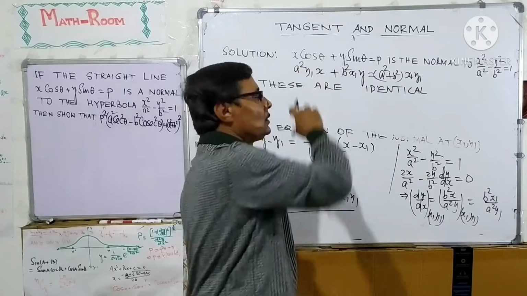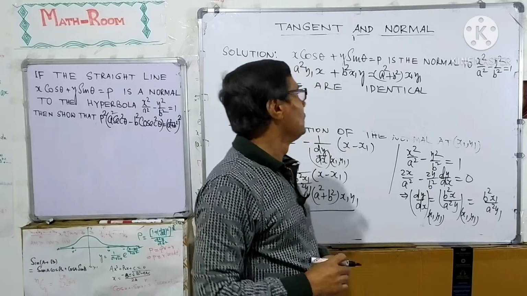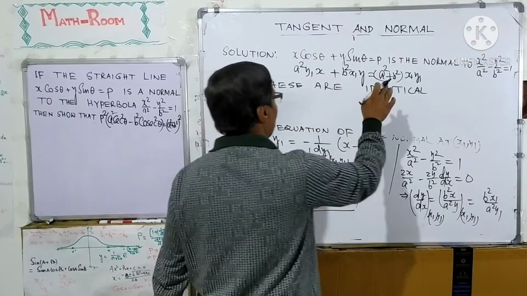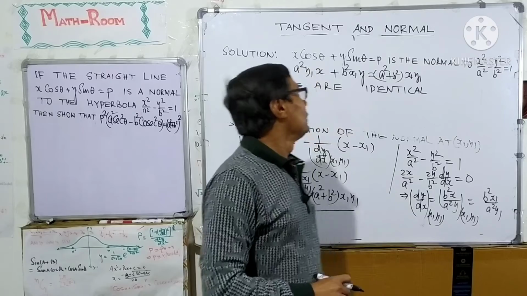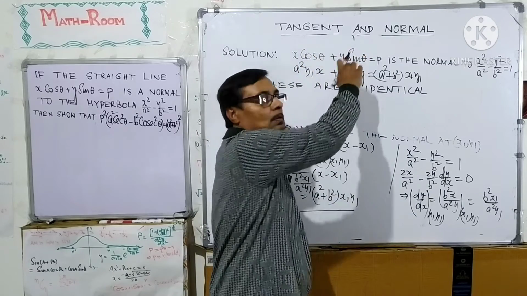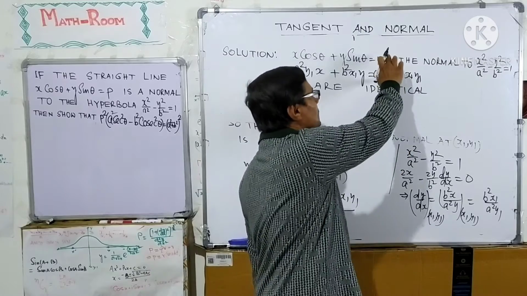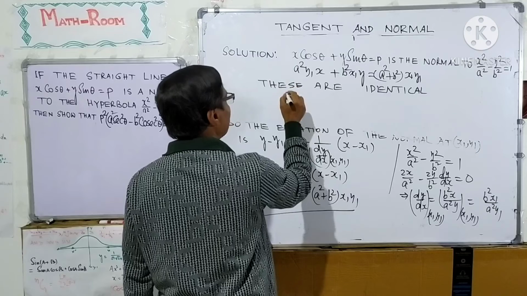As these two equations are identical, the ratio of the coefficient of x equals the ratio of the coefficient of y equals the ratio of the constant terms. So, we can write